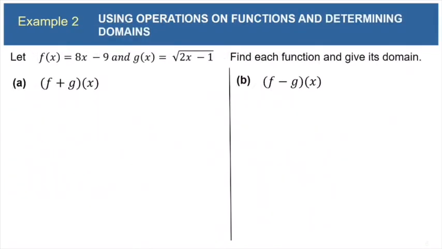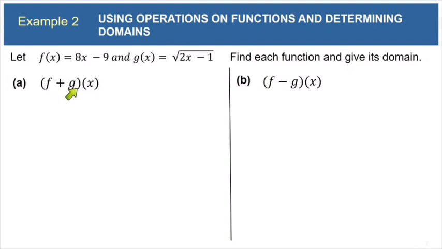And now let's look at example 2. And in this example, they'll be asking us to evaluate this function operation at x. So in other words, we won't have a number to plug in here. So all we can do is go by the function operation definitions that we got earlier in the section and do any simplifying steps that are available to us, and when we've done all we can do, we'll just stop.